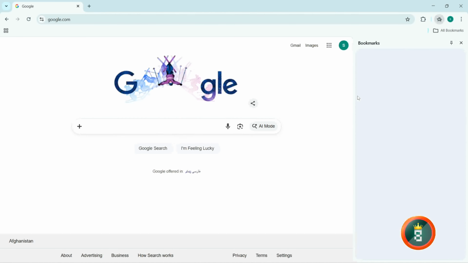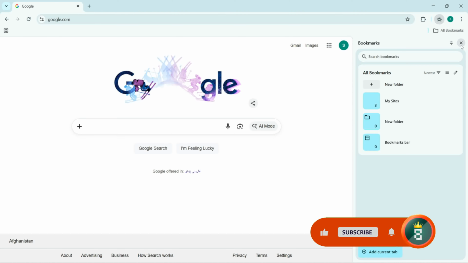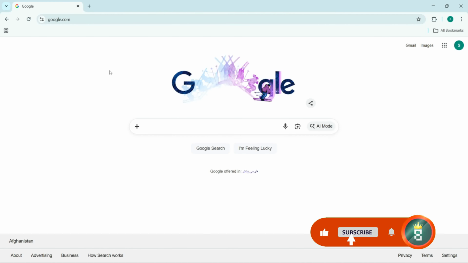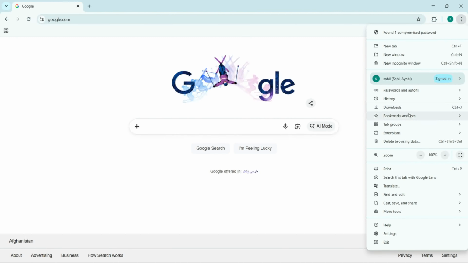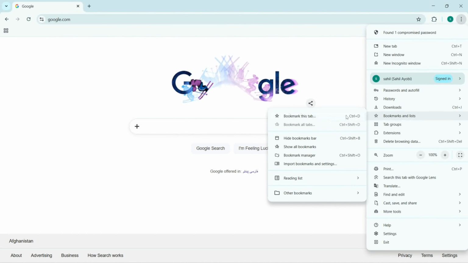In this video with Google Chrome, we're going to learn how to bookmark a tab. With the Google Chrome browser, to bookmark a tab, we can click right here to bookmark this tab. Or you can click right here, customize and control Google Chrome, go to bookmarks and sites and click on bookmark